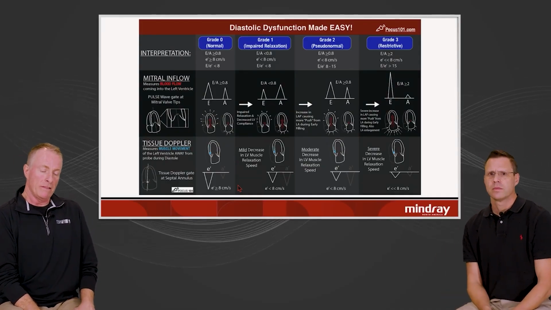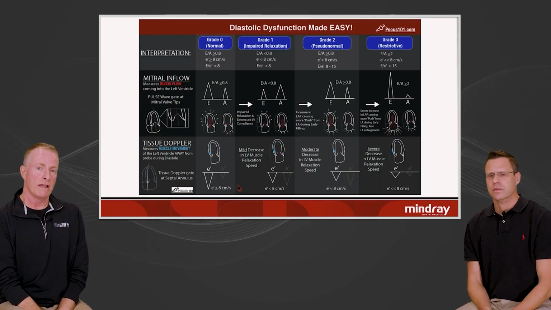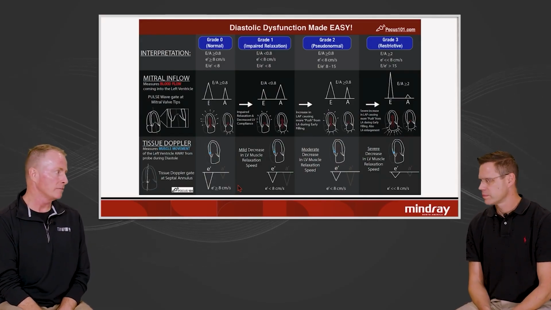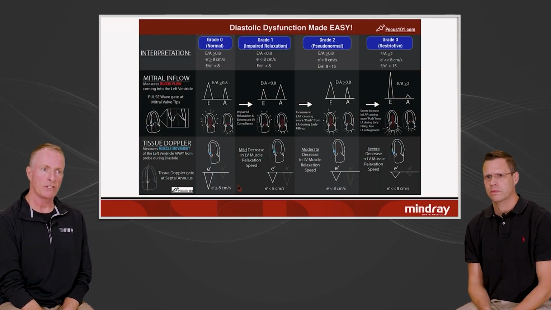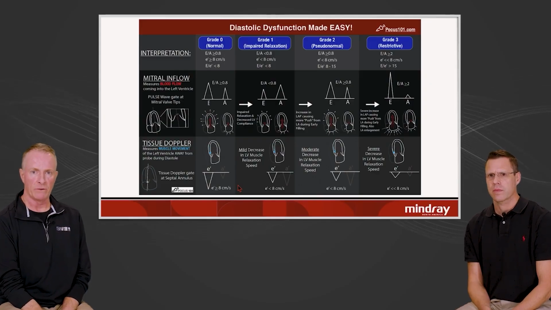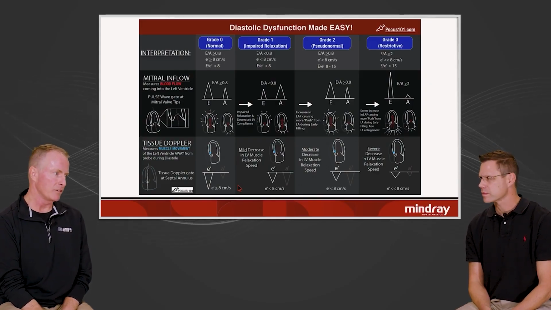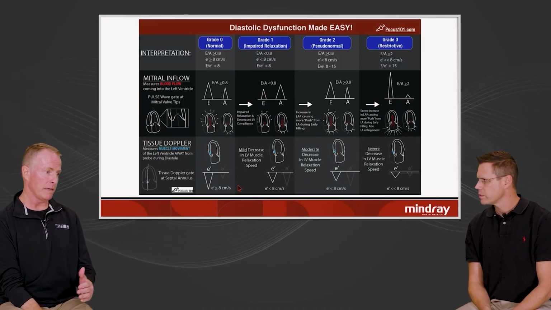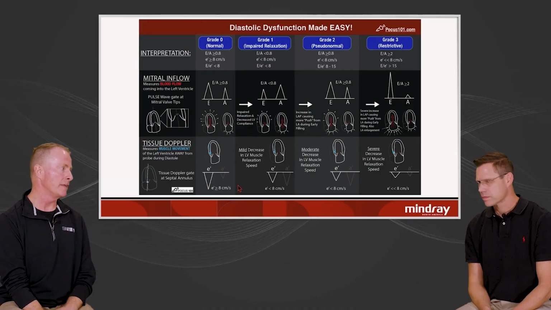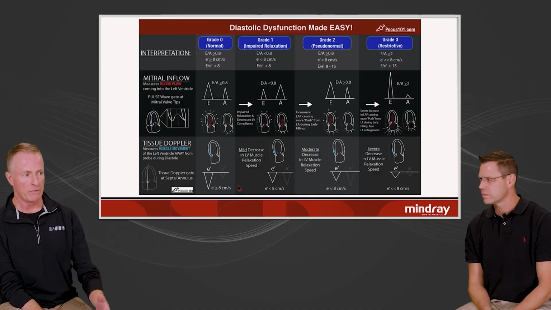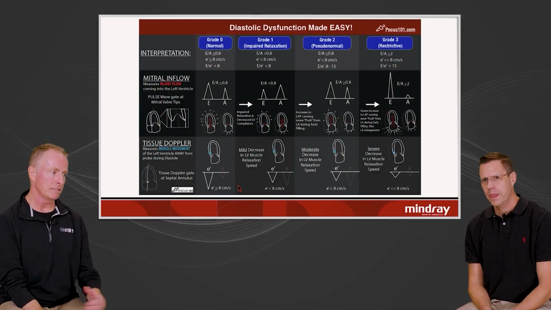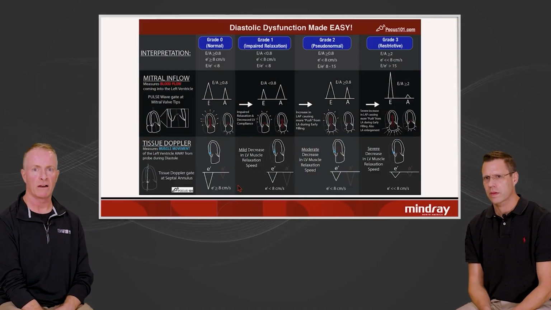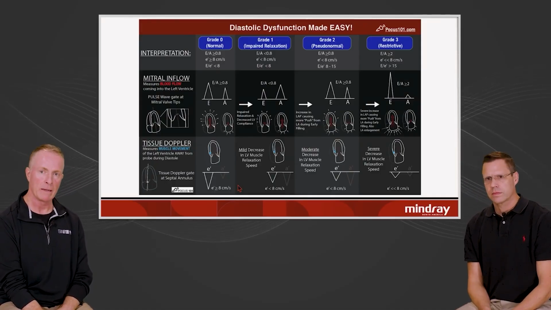Yeah, and these people also will not tolerate being fluid down. So they're very touchy with fluid. When they get fluid down, they don't like that because their LV is used to a high filling pressure, so they may look worse when they're fluid down. But then if you give them too much fluid too rapidly, they're going to get pulmonary edema. So they're probably the hardest patients to take care of, and bad diastolic dysfunction